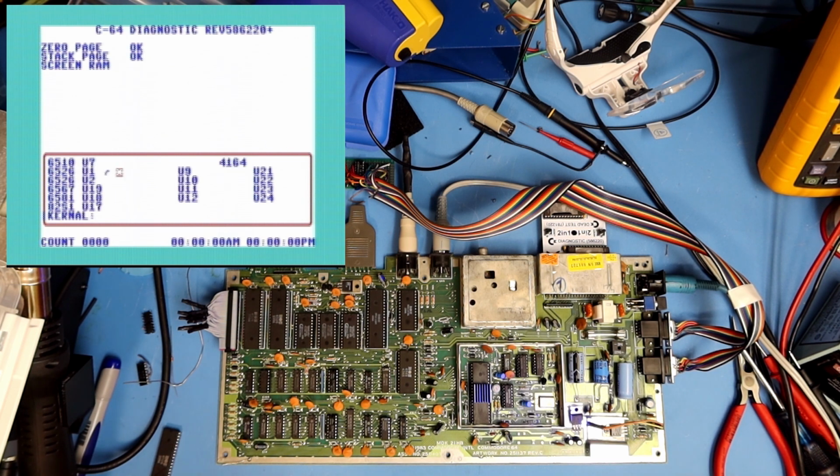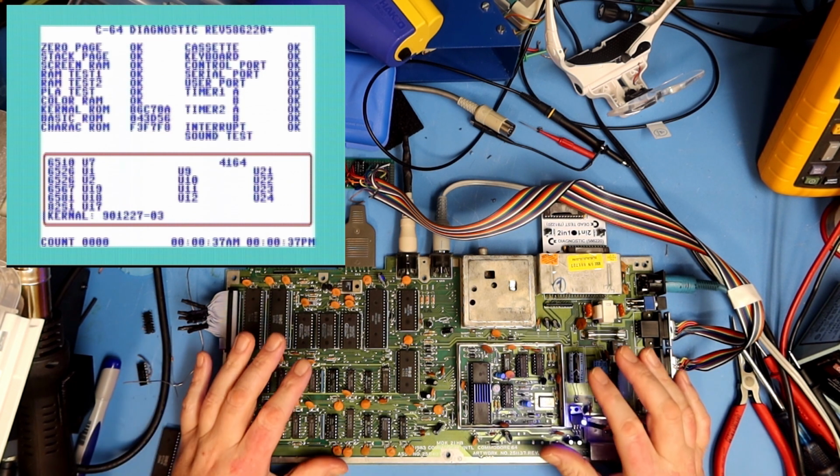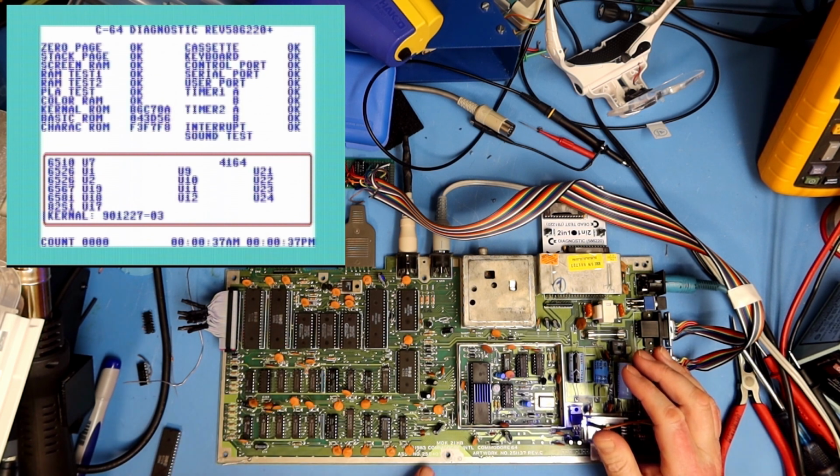But let's just run through a quick test and see. When you are just testing single components, it would be a good idea to skip some of the tests that you have already run several times during this diagnosis. Yes, now it actually tests okay. So then we have one fully working Commodore 64